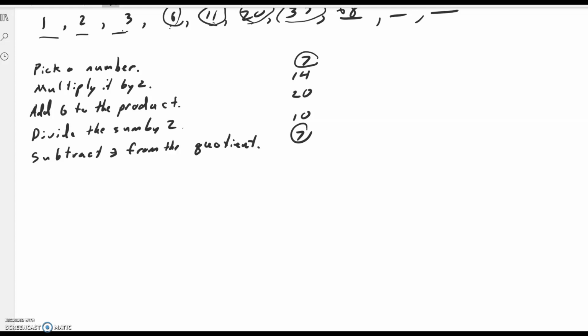And so let's pick 3. We multiply it by 2, we get 6. We add 6, we get 12. We divide the 12 by 2, and we get 6. And we subtract 3 from that division, that quotient, and we get 3. And once again,